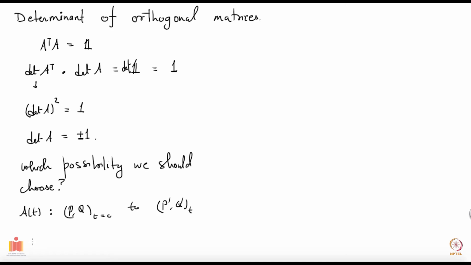Or equivalently, we are basically asking about the distance between the two points. Here is R prime and here is R, and what we are asking is how do you go from R prime to R. Okay, this matrix will depend on time because the object is going to move in time. At different times it will have different orientations and locations. And this is the matrix A whose determinants are in principle allowed to be plus 1 and minus 1. Now how do we fix this? How do we fix our choice?